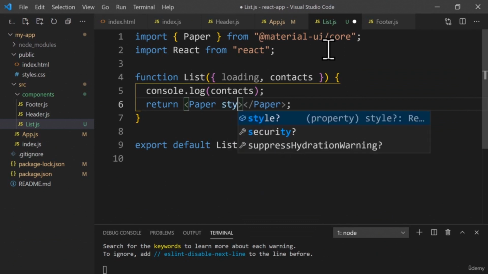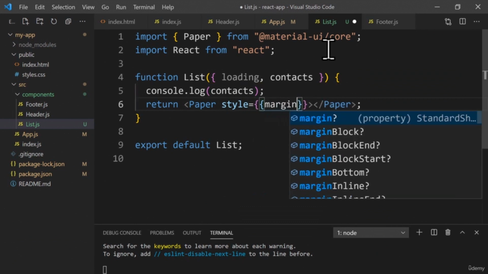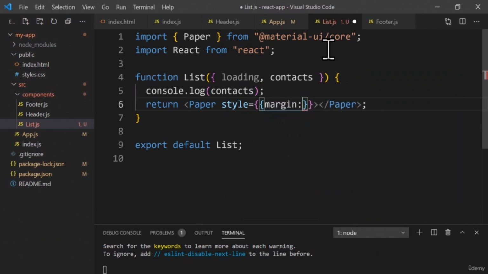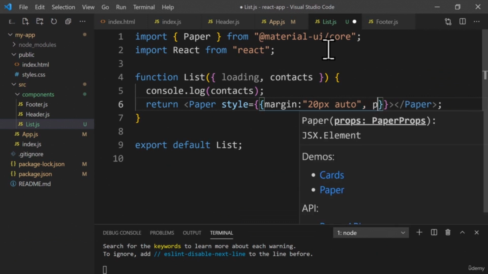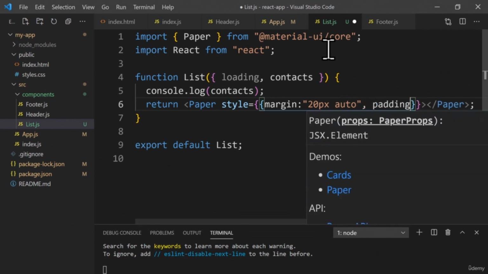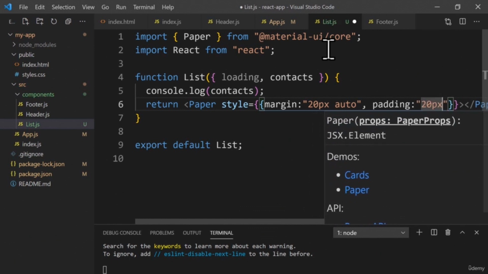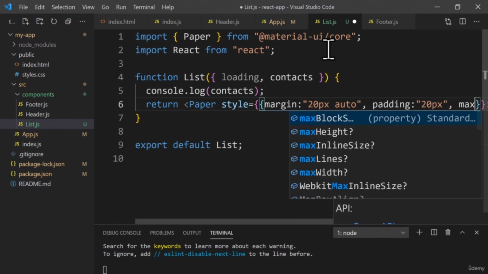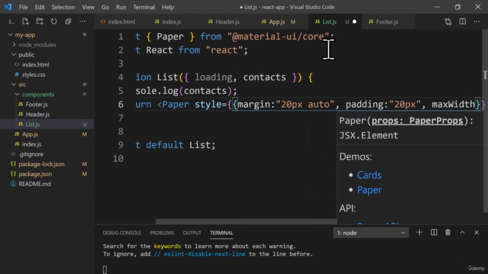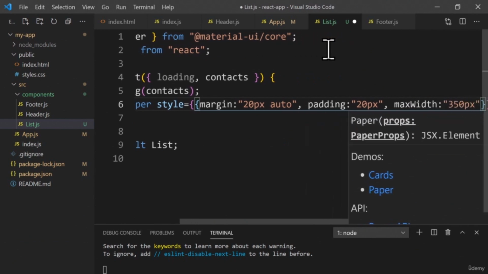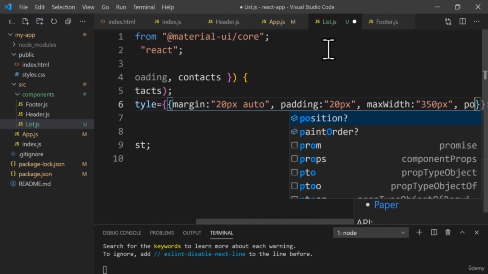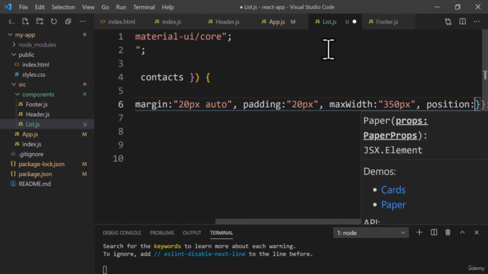We write style margin 20 pixels up and down and auto left and right. We add a padding 20 pixels in all sides. We limit the width to be 350 pixels. So we write max width 350 pixels. We change the position to be relative